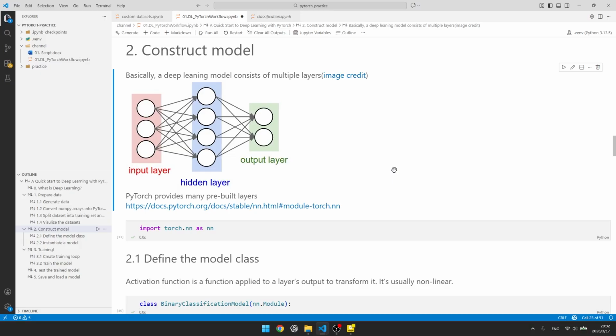If you have ideas about picking and combining layers in different ways, just try them and then check whether the results are good. Almost every day there are lots of papers proposing new deep learning model architectures to show different ways of combining these layers. So we usually construct our model based on experience and experiments. Yes, experiments and experience matter a lot in deep learning.